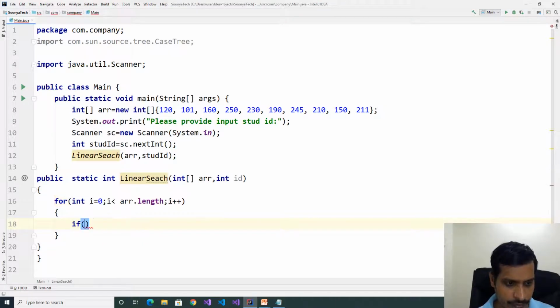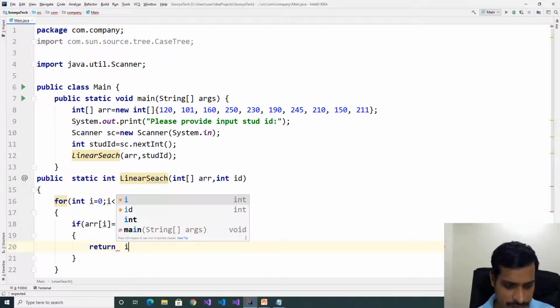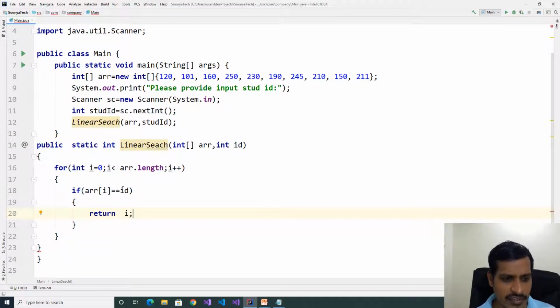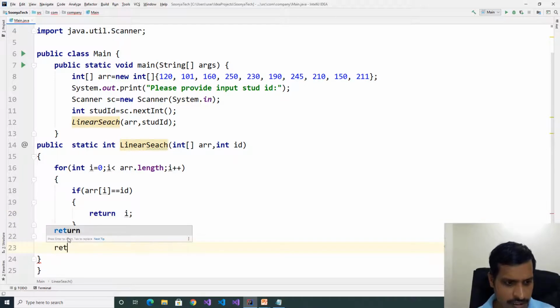If arr of i equal to id, return i. Here i is the index. If both are not equal, then we need to return -1. Return -1.